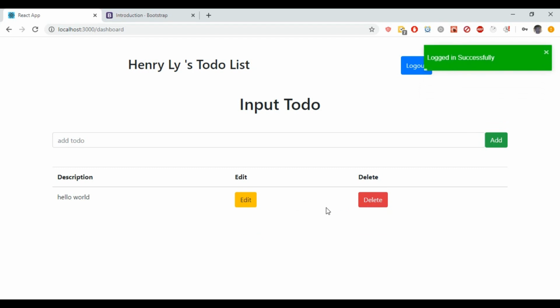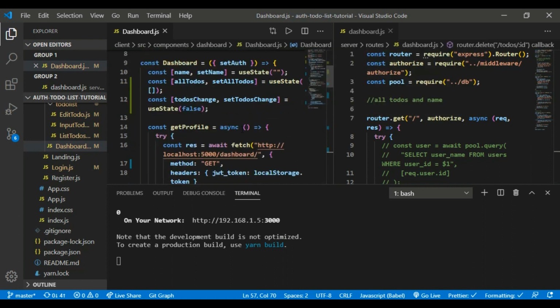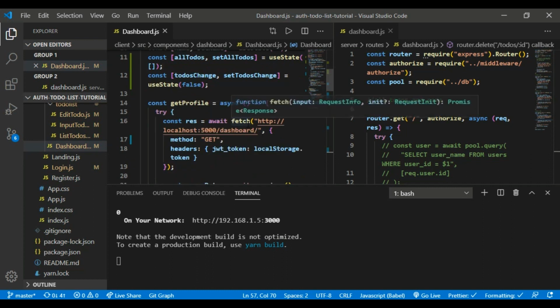All right, so yeah, that's pretty much it. So I'm just going to give you guys a quick review. It shouldn't be too long. Essentially what we did inside the client side. So I think there's pretty much just two big things I want to talk about on the client side, because pretty much this is just a reflection between our JWT and PERN stack to-do list. Okay, so the big thing you want to understand is essentially what we did inside the dashboard, okay, and also